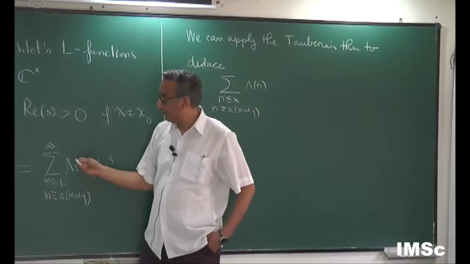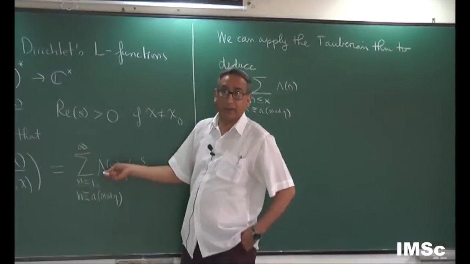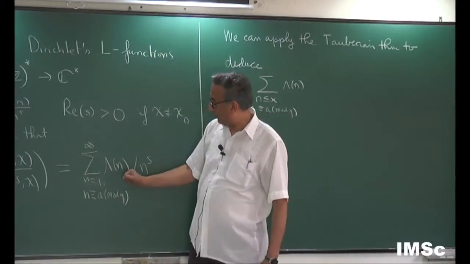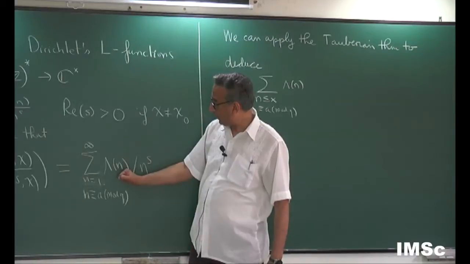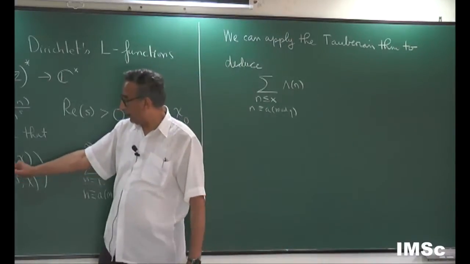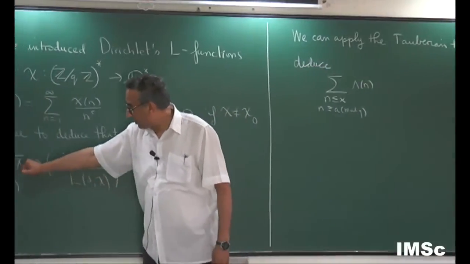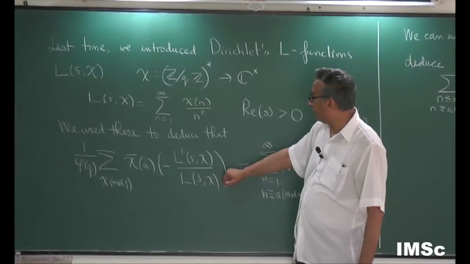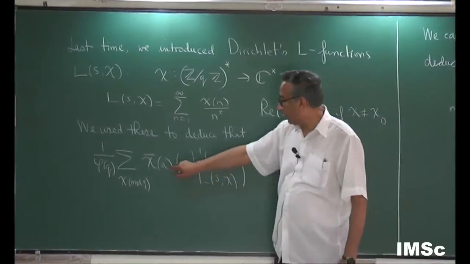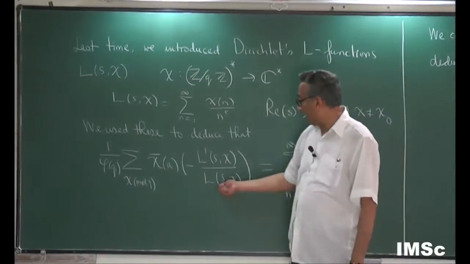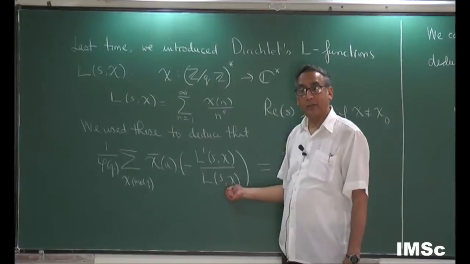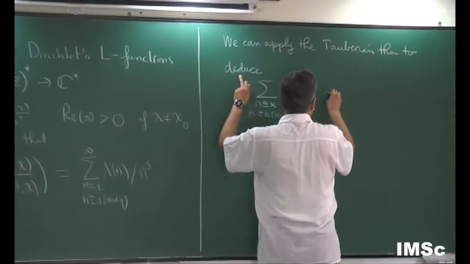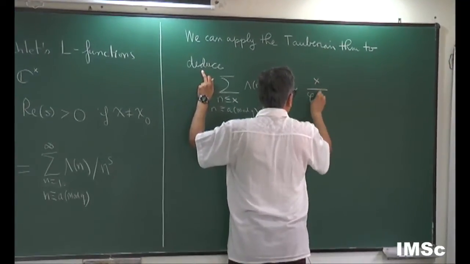So the Tauberian theorem tells me if you have a Dirichlet series with non-negative coefficients, or even, it doesn't matter, complex coefficients, we went through that discussion, with some suitable properties, this Dirichlet series now is the same as this Dirichlet series. From this Dirichlet series we deduce that this has analytic continuation for real part of s greater than or equal to 1 with a simple pole at s equals 1 with residue 1 over phi of q, except we need to know that these guys don't vanish on the line real part s equals 1. Okay? So we can apply the Tauberian theorem to deduce this